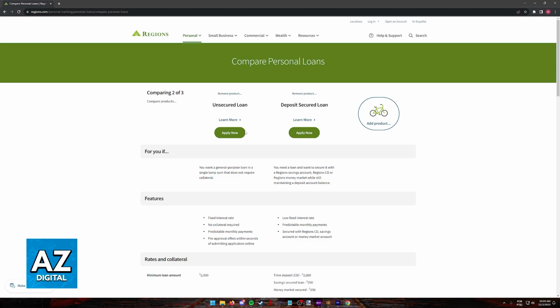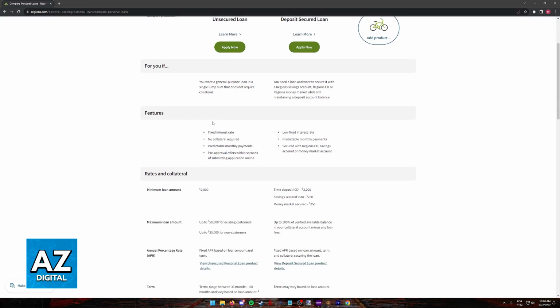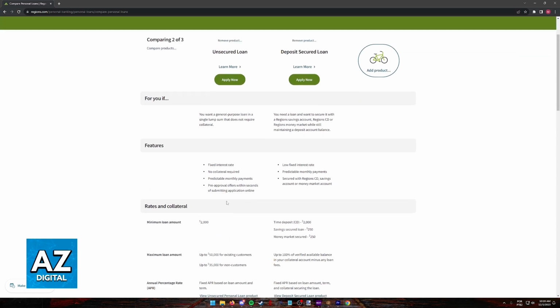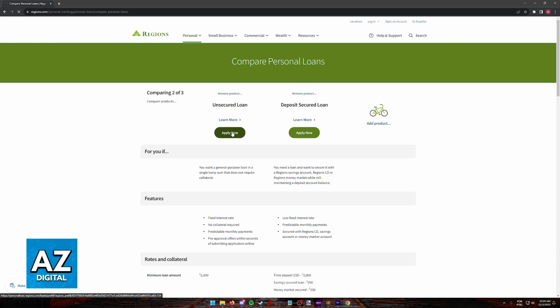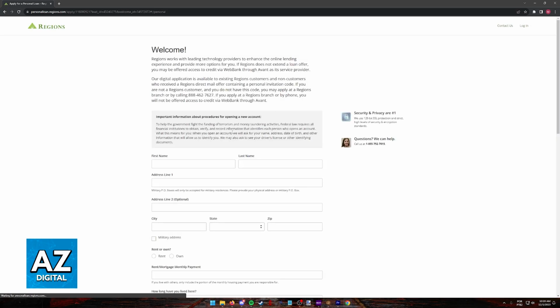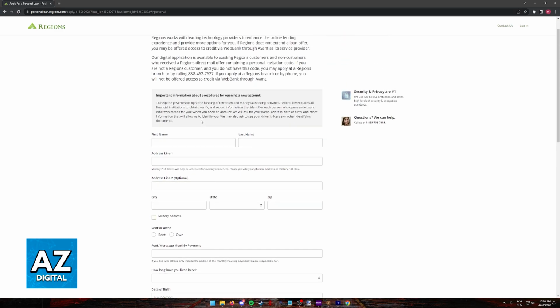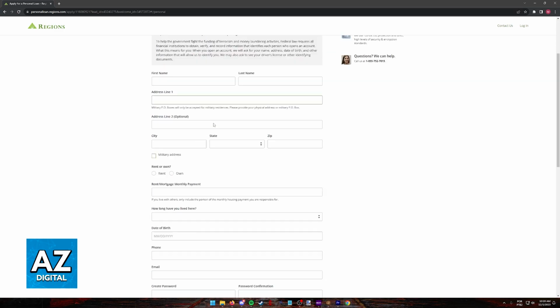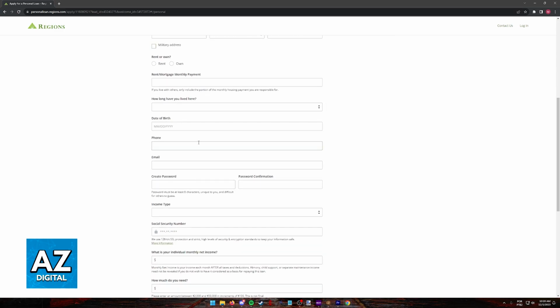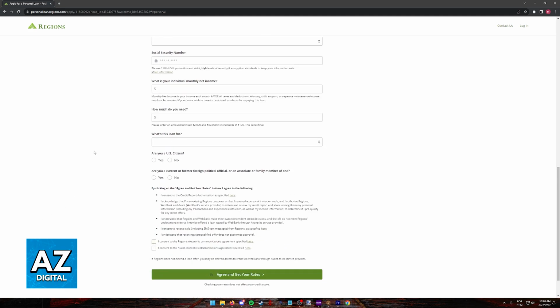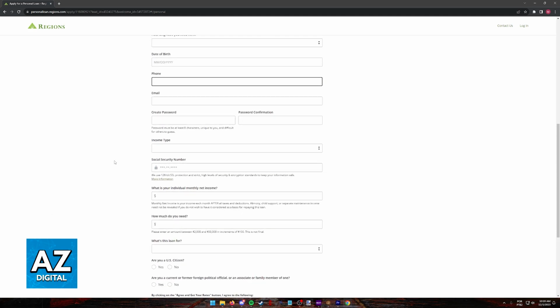But if all you want is convenience and you are satisfied with all the terms, features, and rates displayed here, click on Apply Now and follow the instructions on screen to start the process of borrowing money from the Regions Bank. You will have to include a lot of contact information, your address, and some business expenses or your earnings, depending on the type that you chose between personal or business.